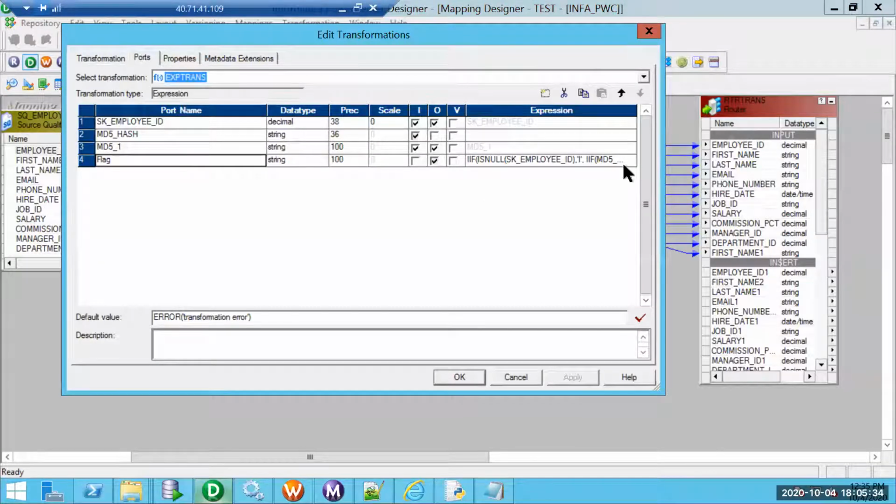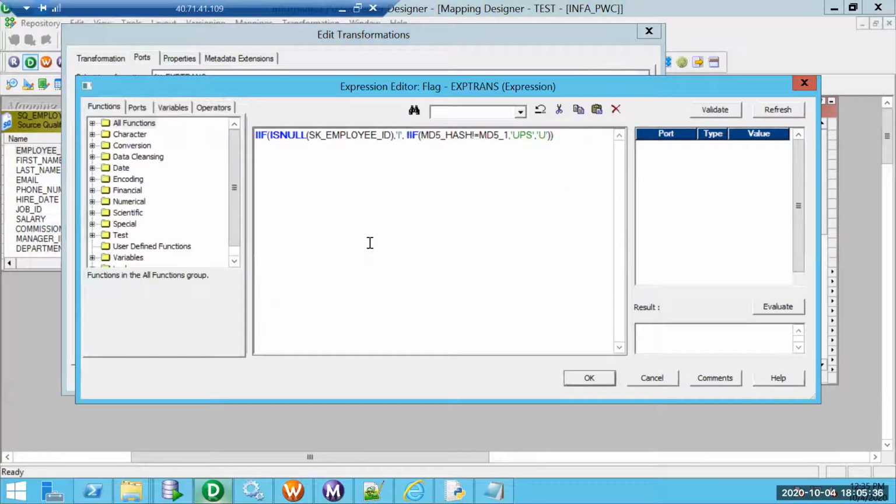If there is no SK, which means target has no data, I am going to insert. If the SK exists, meaning it is not null, and the hash is changed, I am going to perform an upsert instead of update. If the hash is the same, which means the condition is not matching, there could have been an update on some other column, so I am going for a manual update.